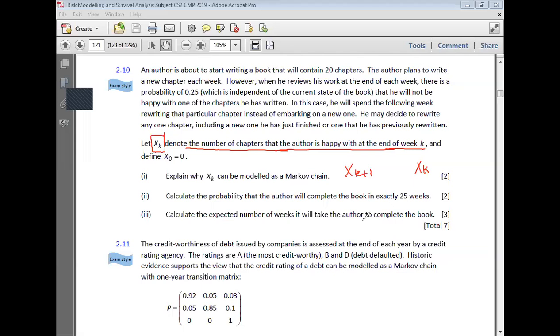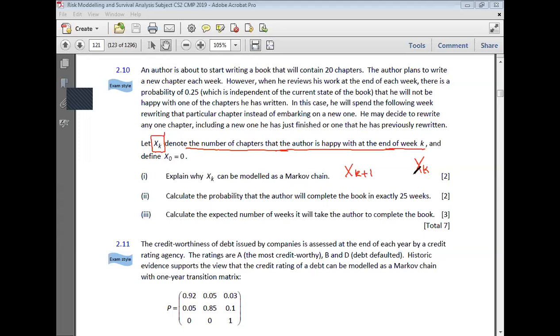Okay. So you'll have to prove that xk plus 1 depends only on xk. Can we say that xk will be inclusive of xk minus 1? Yeah, that is true. But again, you will have to... Okay, I think Isha, you get the idea, and you have understood why this can be modeled as